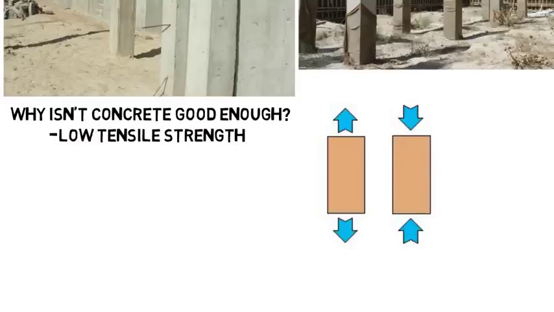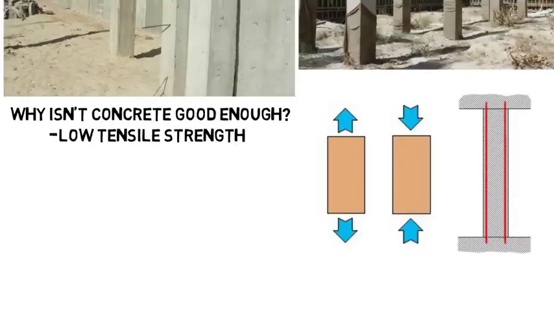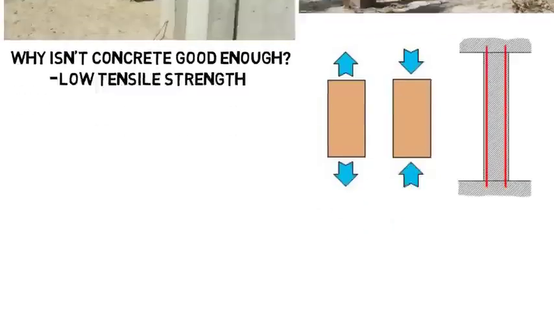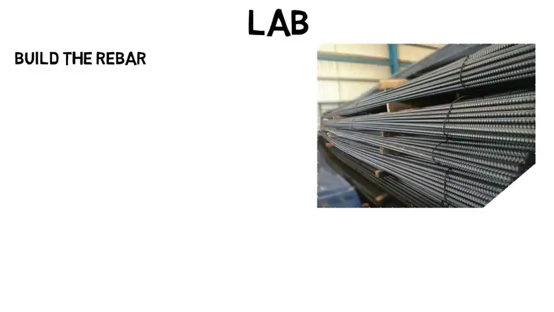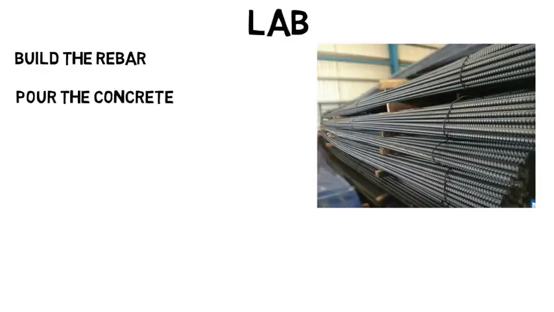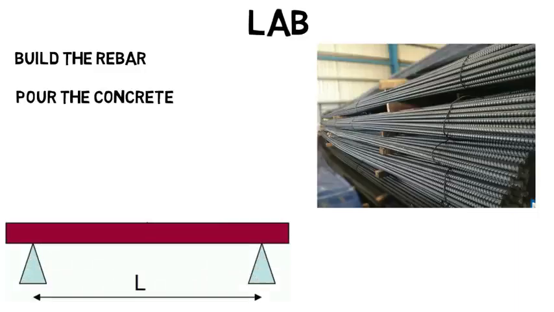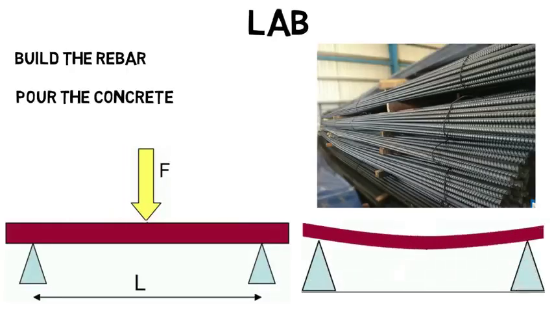But to counteract that low tensile strength, they add steel beams and pour wet concrete, which hardens around them, and then those steel beams have high tensile strength to counteract those types of forces on the structure. So in a lab for this class, you might build the rebar, or the steel reinforcing rods, pour the wet concrete onto them, then once it dries, use a machine that holds the beam on both sides, then apply forces in the middle and keep increasing the force until the beam breaks or cracks and starts falling apart. That force being applied is sent to a computer that tells us the loading on the beam so we can collect the data and get the properties that we need.